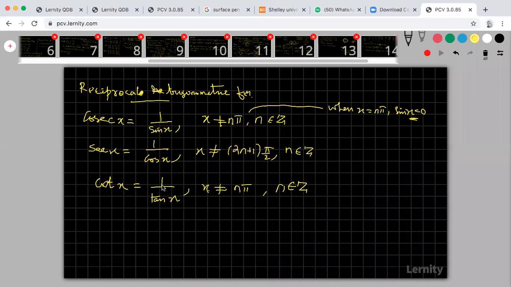Now look at that. I have already told that cos x is equal to A, sin x is equal to B. This is the first result we have proved because we are considering the unit circle. So what about A square plus B square? That is also proved. That is 1. A square plus B square is equal to 1. So that is cos square x plus sin square x.